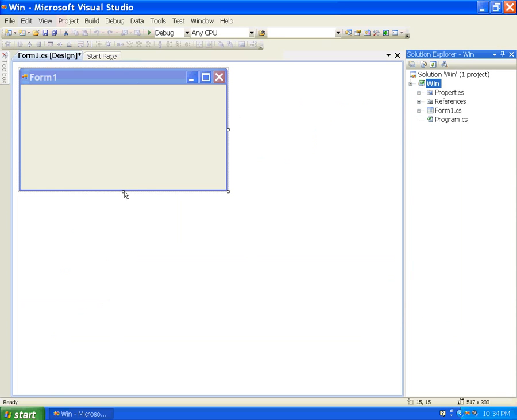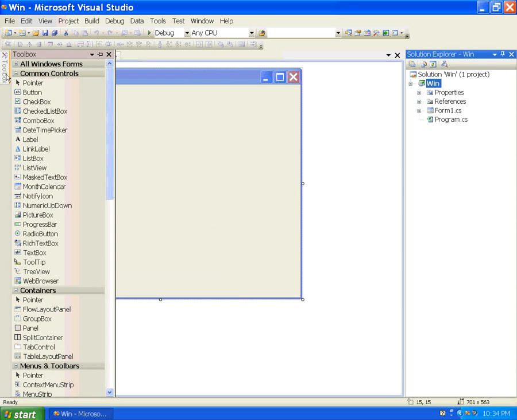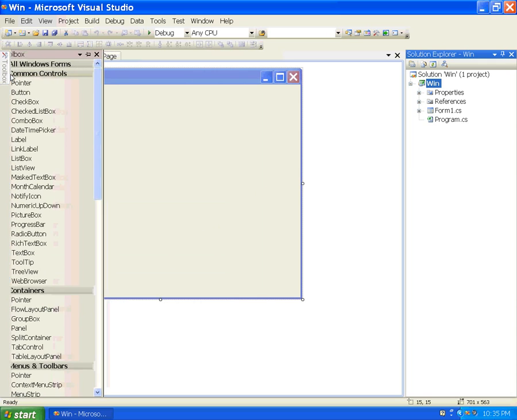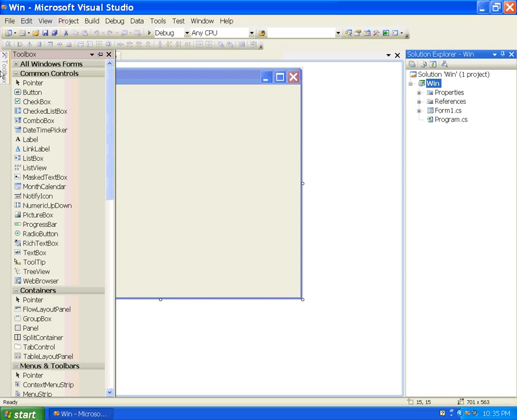We can drag and drop to change the size of the form. This is the form. At first, we do coding in the form. We want to discuss the toolbox.